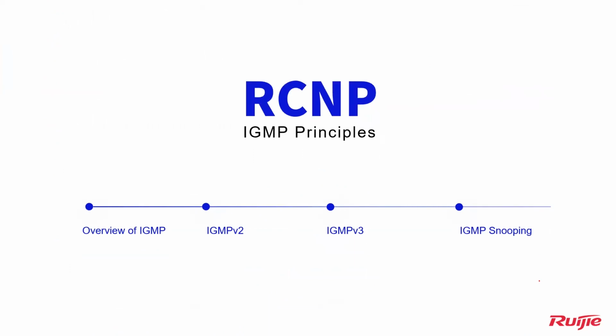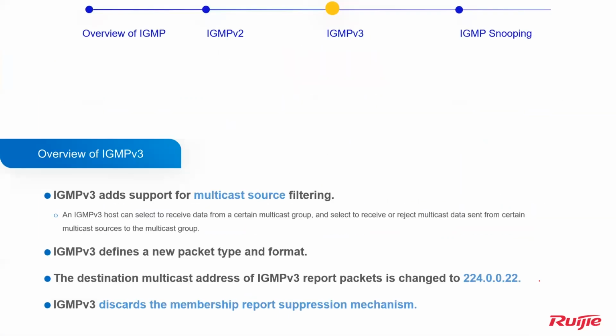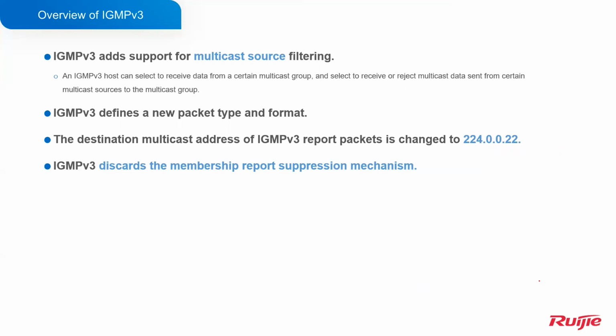After knowing IGMP version 2, next let's see IGMP version 3. Different from IGMP version 2, IGMP version 3 has an additional function: support for multicast source filtering. An IGMP version 3 host can choose to receive data from a certain multicast group, and choose to receive or reject multicast data sent from certain multicast sources to the multicast group. It defines a new packet type and format. The destination multicast address of IGMP version 3 is changed to